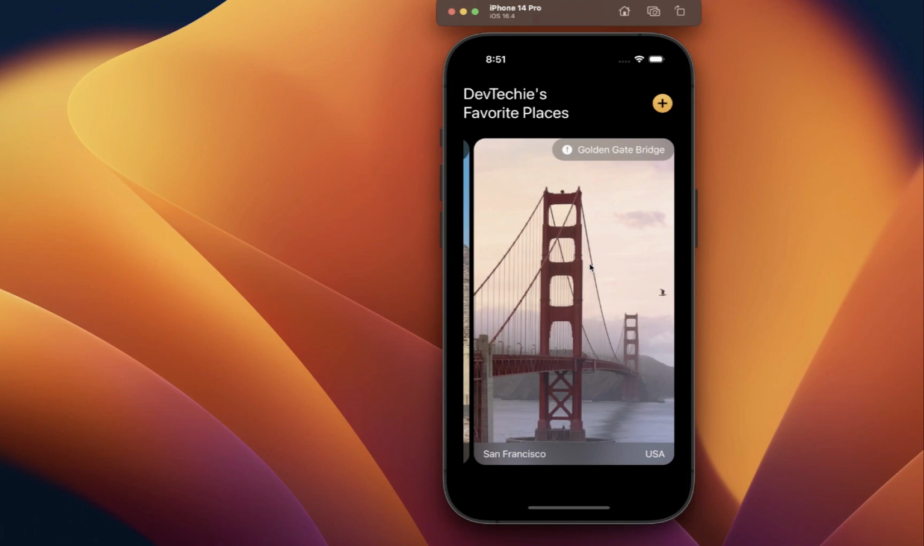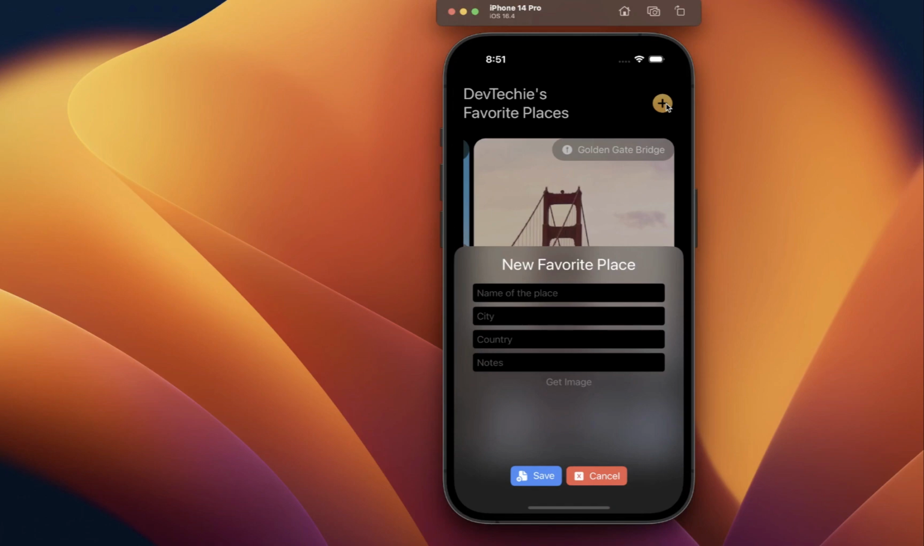Now let me create another entry and show you the add functionality. So I'm going to click on this plus button, which is going to launch this newly introduced sheet, and this sheet uses presentation detent and presentation background. Presentation detent was introduced in iOS 16, and the background, this blur background, the thin material background, was introduced in iOS 16.4. So we're going to be using that, and